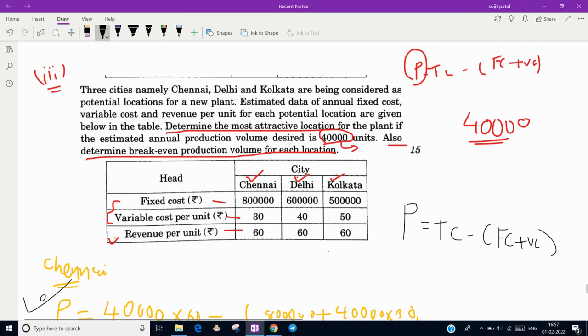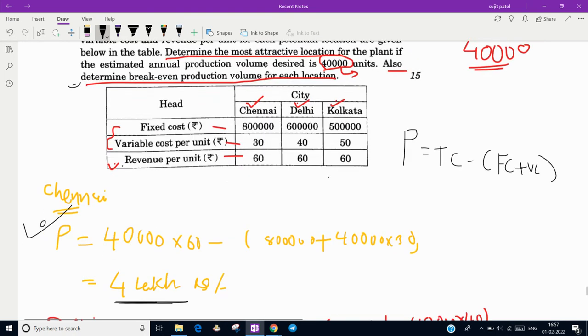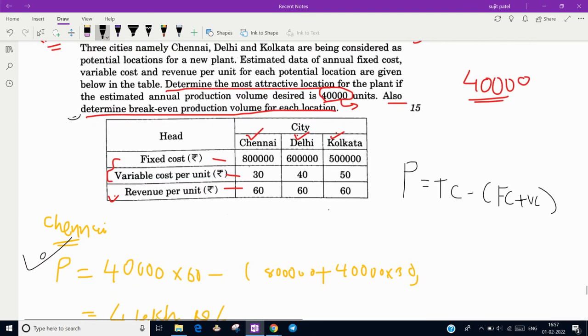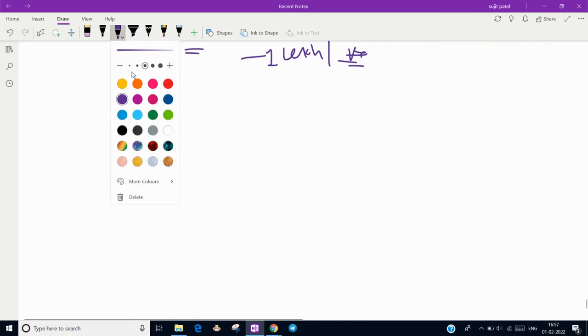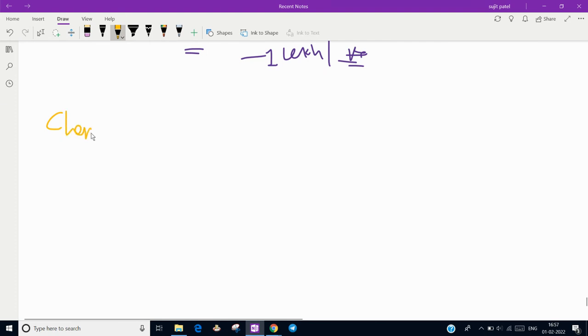Now the other part we have to find is the break-even production. Break-even production is the number of units we produce at which the revenue equals the total cost, the summation of fixed cost plus variable cost. For Chennai, again I'm using yellow. I hope you know the basics of this, so I'm directly solving the question. For Chennai, what is the revenue? That is 60 rupees multiplied by X number of units, and the